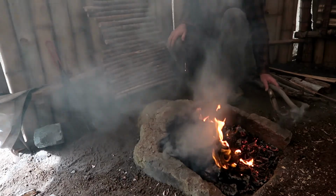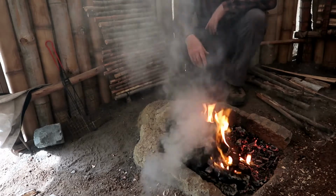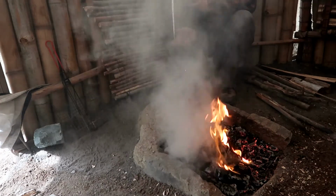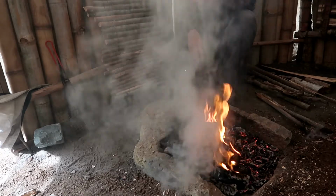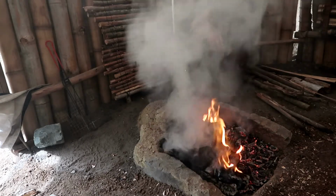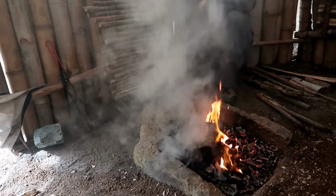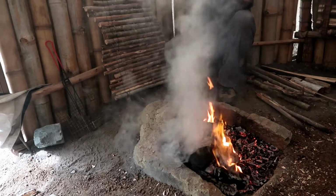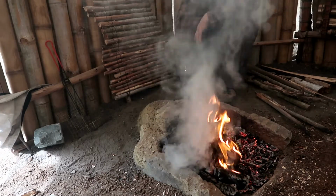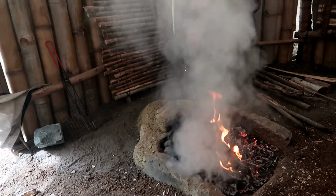Do what we can. I'm going to have to move the camera because you can't see anything for the smoke. Where I am at the moment, it's not very smoky. It's mostly going up through the roof, the hole I've got in the roof. But yeah, every now and then the wind changes direction and blows it back through the door, and it swirls around inside here. But in winter time, I'd have that door closed. So